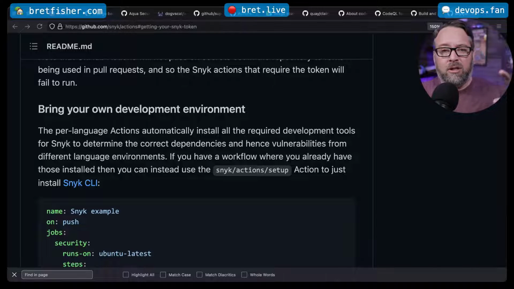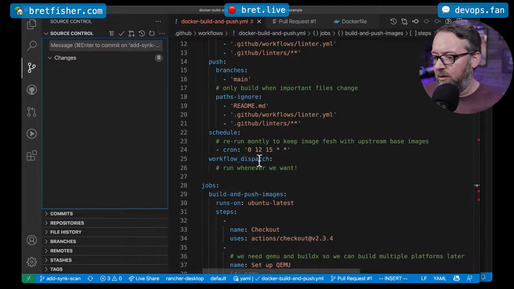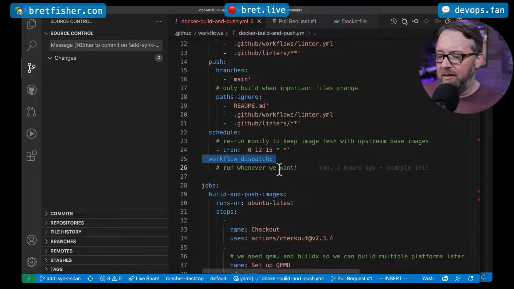And so if your code is getting pull requested and committed and all that stuff in another place, then what you're going to have to use is GitHub webhooks. And the way that you use those, you saw me do this earlier, the dispatch. So there's the workflow dispatch,